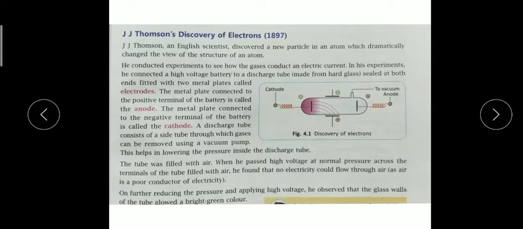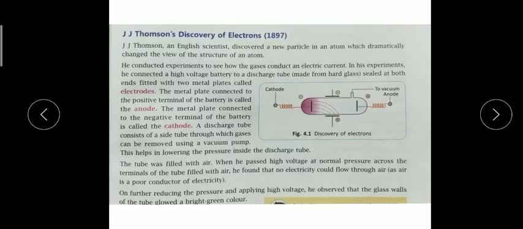So, children, today I am going to explain the experiments performed by J.J. Thomson. We know, children, that the electron was discovered by J.J. Thomson in the 19th century, in the year 1897. So, he performed